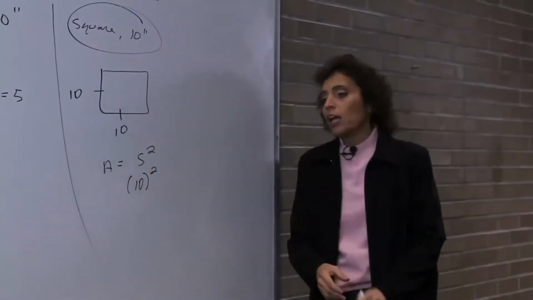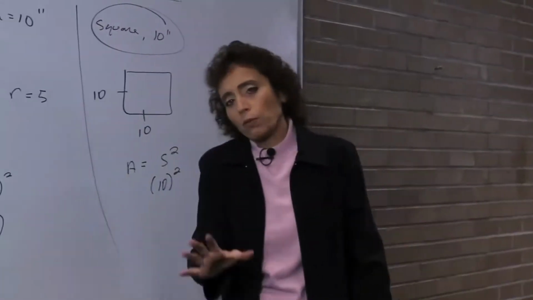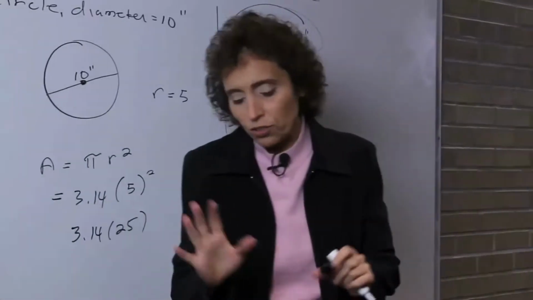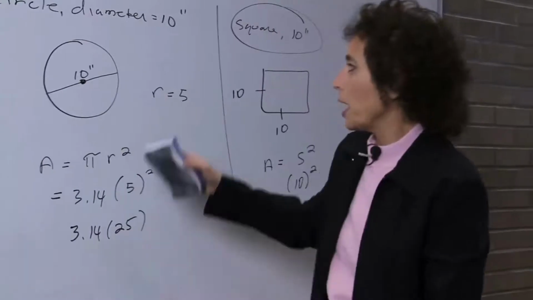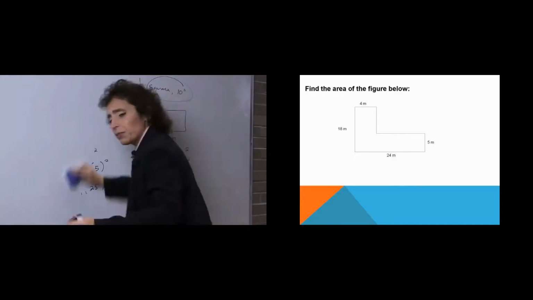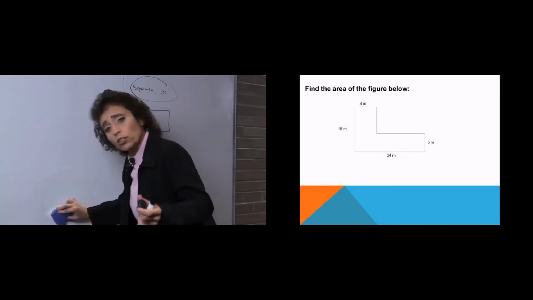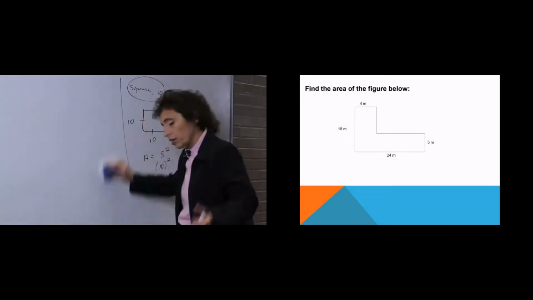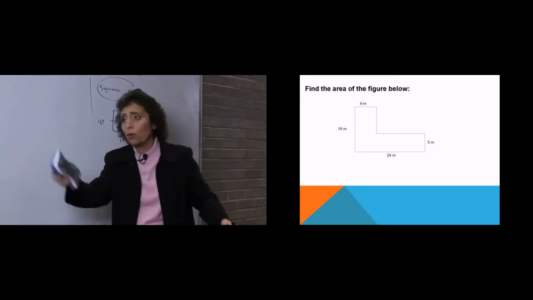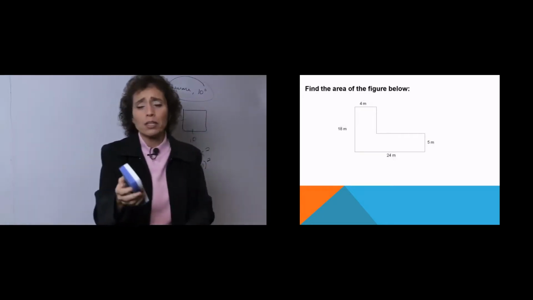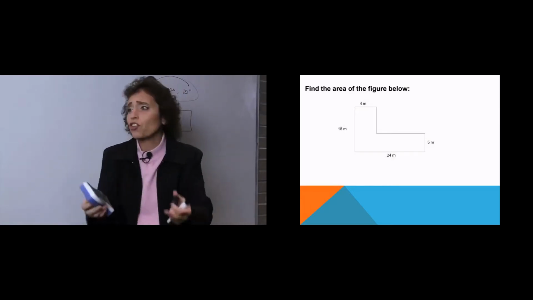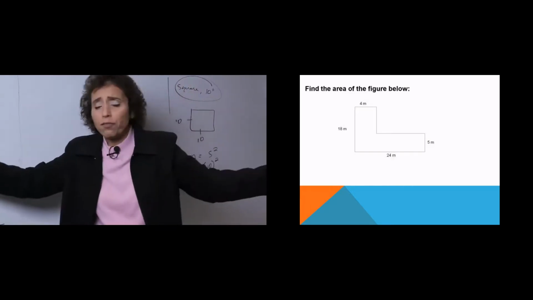All right? I'm going to do this next problem, and it's one of my favorite problems of all time. So you ready? I'm going to have to draw this, so this may take an hour and a half. Okay, here we go. Looks like an L. I believe we did one like this before. It was a perimeter, but this is area. Now, we do not have the area of an L. We don't have a formula for the area of an L, so that's the problem. We don't know how to find the area of an L. It's called an irregular shape. It's a shape that we don't have a formula for.